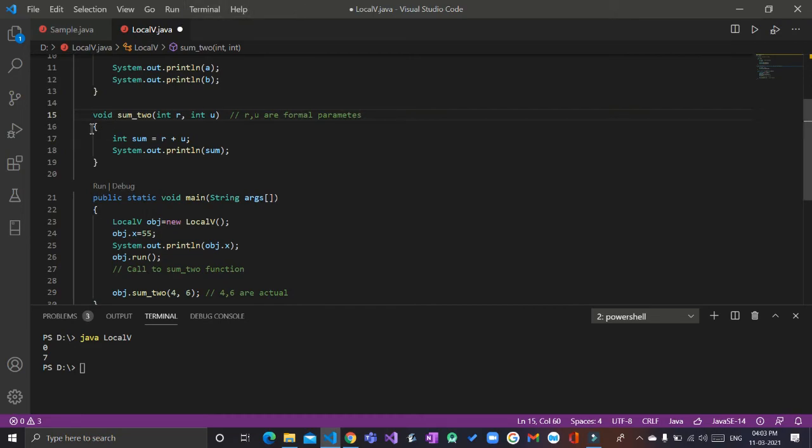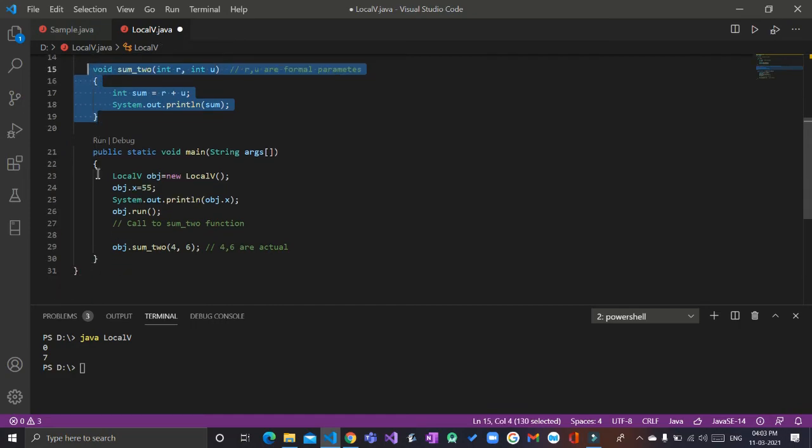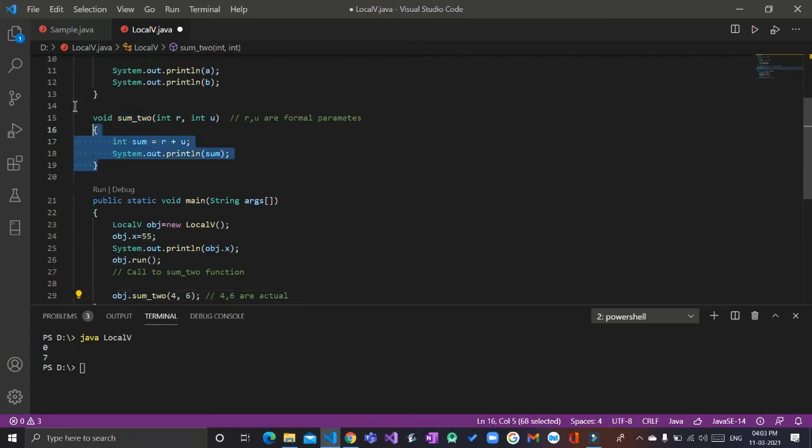Okay, so this thing which I have written over here is called function definition, and this thing is called function call. When you do a function call, your Java program searches for a definition for that function. Definition for that function means the actual code which I need to run when I call this function, it goes and searches for it, and this is the code for that. So it will go inside this, it will copy your 4 value in your variable r, your 6 value in your variable u. They will be added, put into sum, and that sum variable then gets printed for you.